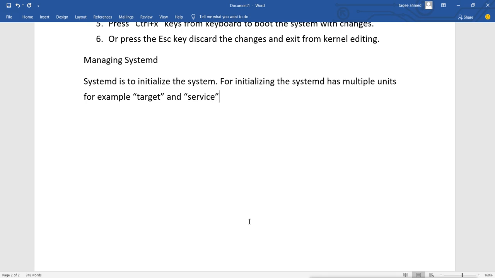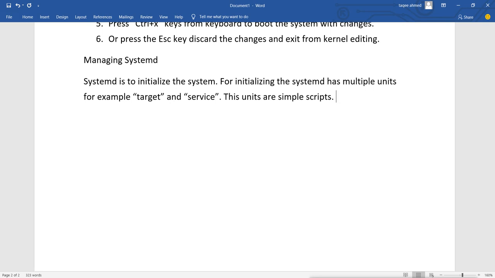So these are the units where it has all the configurations. Now these units are very simple scripts.